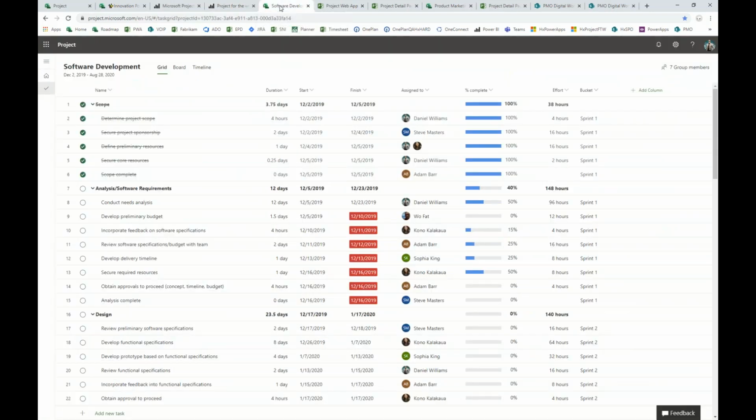So a quick refresher on Project for the Web, the new project management tool from Microsoft. We've delivered some other webinars on this where we go into a much deeper dive than I'll cover today, but just very quickly, Project for the Web allows a project manager to get up and running very quickly with a basic project management tool set